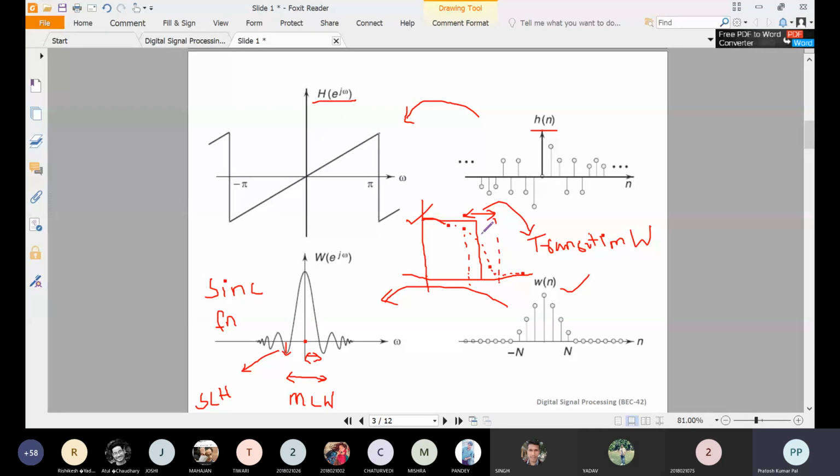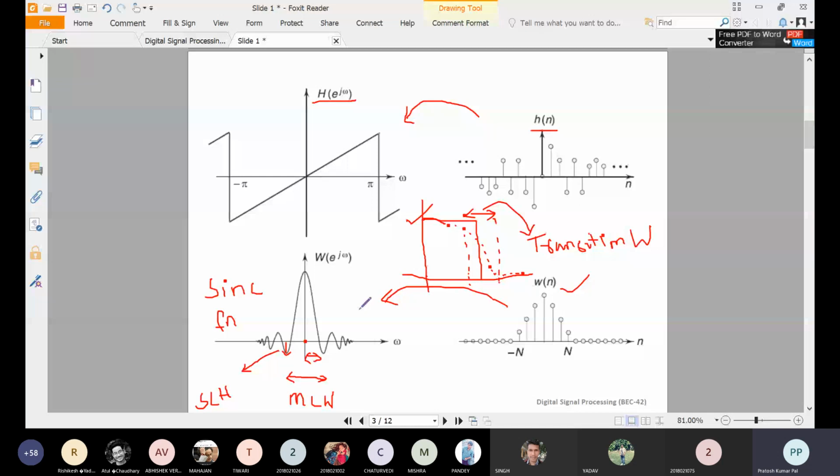So in that case, we will be using a small main lobe width. And regarding the side lobe height, the side lobe height should be minimum. Whatever the energy of the window function is, that should be lying in the main lobe width only. If the side lobe height is less, that means there will be less error in designing a low pass filter or any type of filter by using the window method. So once we are going to design, we should be considering these parameters, like side lobe height and main lobe width.